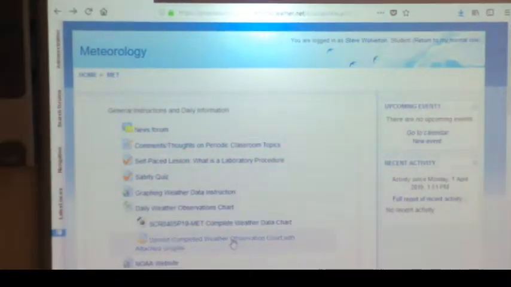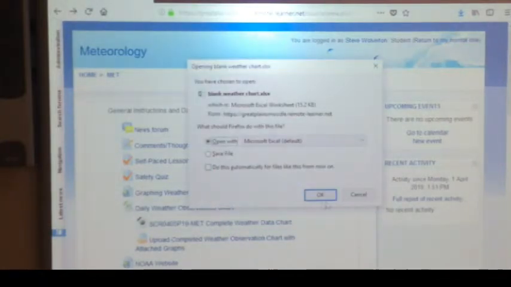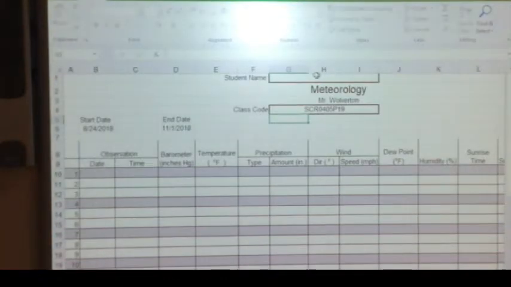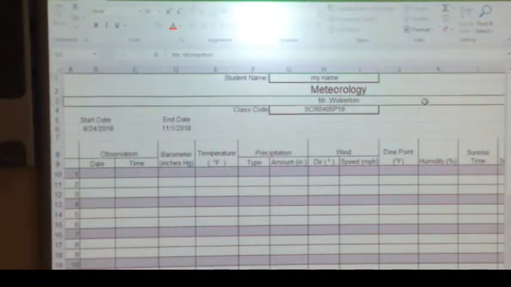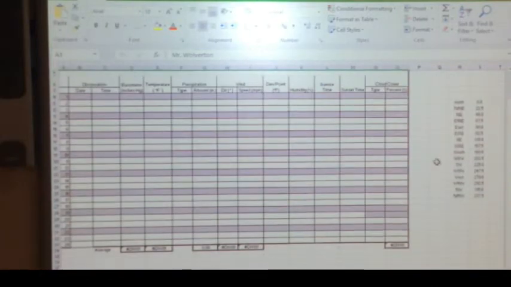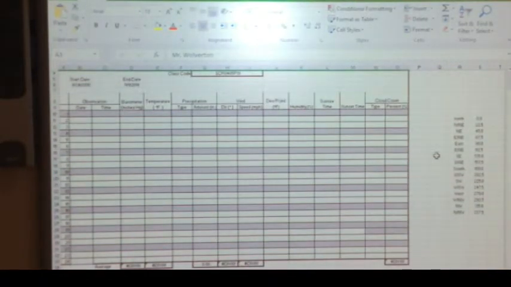First off, you should have already downloaded your blank weather chart, which you find in Moodle. Click it, download it, okay to use. Make sure you enable editing. You're then going to go back to Moodle and download your completed weather data, which is a picture of the class weather data. Again, it's just a picture of it, not anything you can play with or do anything with, just see it. So you're going to click on that, go back to Moodle,